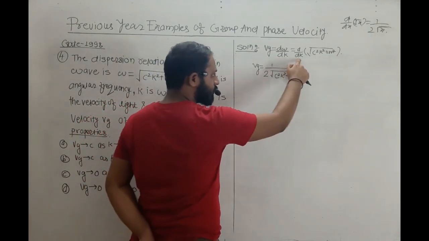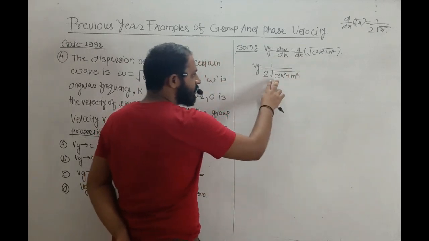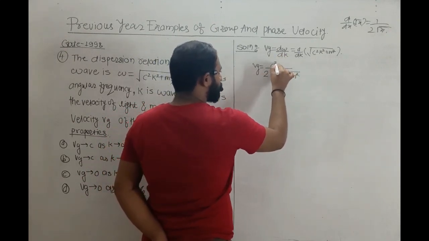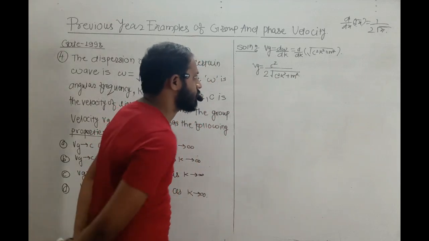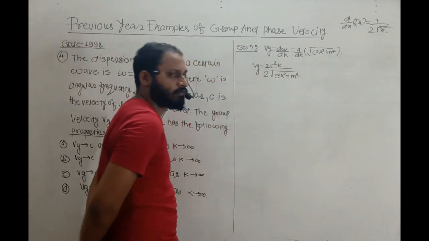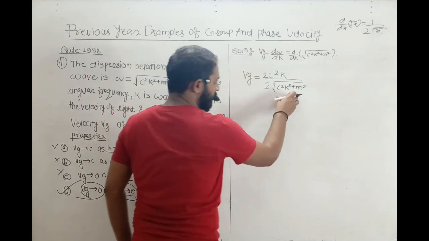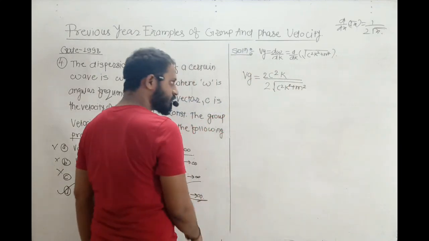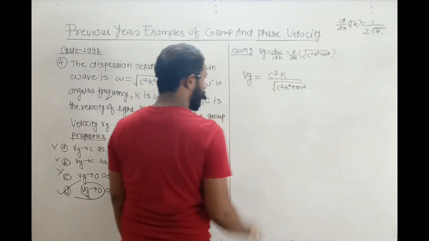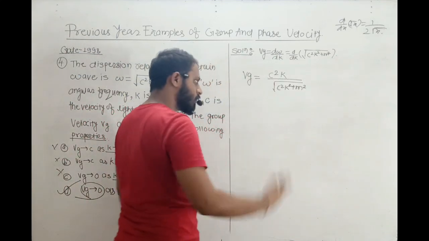We are deriving with respect to k, but for k, m is constant. Okay, neglect it. But now c square is multiplied by k square, and we are deriving with respect to k. Therefore c square is constant, take it outside. The derivative of k square with respect to k is 2 times k. Whatever the derivative of the inner function is, we adjust it here. So see, I adjusted it. Now see, the 2s get cancelled. Now what remains? Vg equals c square k upon root of that function.